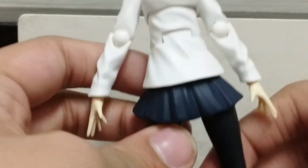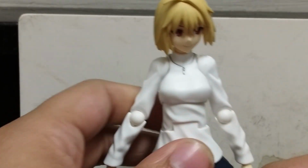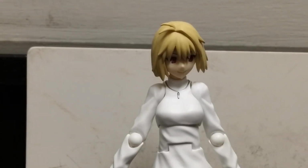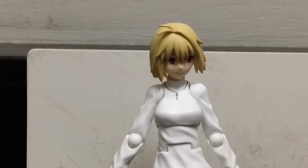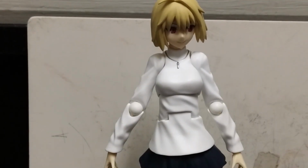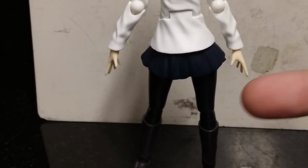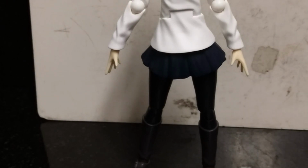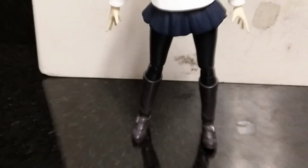Yeah, so overall, with this design of Arcueid and how they bothered to put everything together, I give her 8.5 because I think it's accurate to the source material for the remake. But I really don't like the way the ab crunch looks, and I don't like how the knees are kind of shiny and weird, and I also think the boots could have used a bit more shading and detail